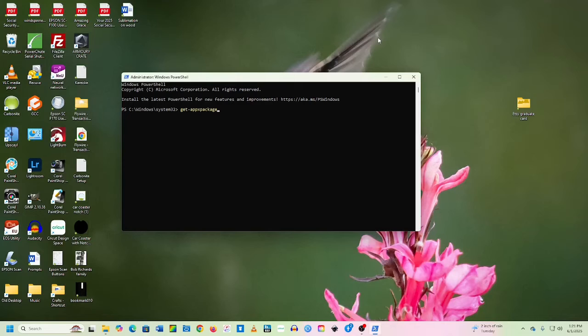Get-AppxPackage, a space, capital M for Microsoft, dot, and capital W for Windows, dot, and a capital P for Photos, then a space, the vertical line, a space, Remove-AppxPackage,